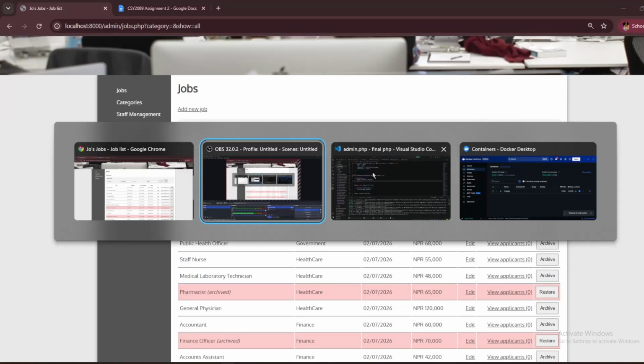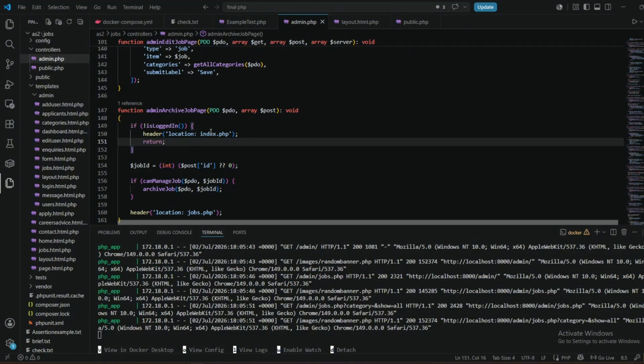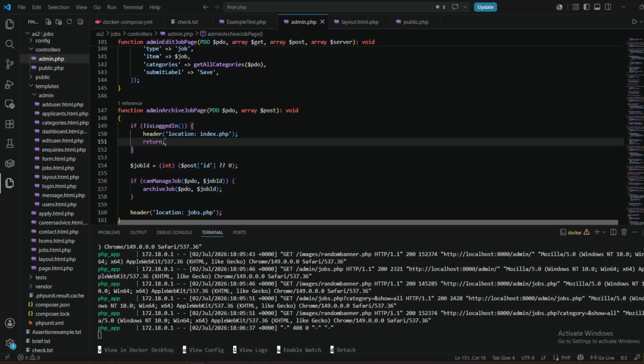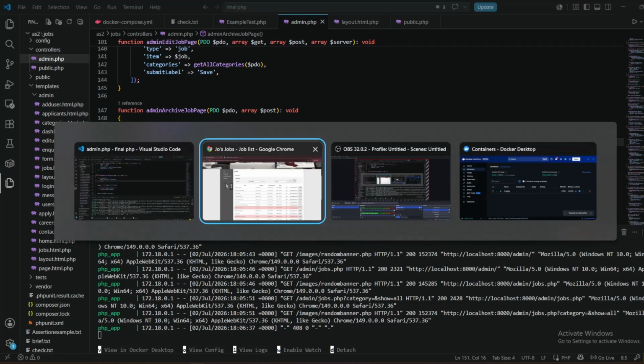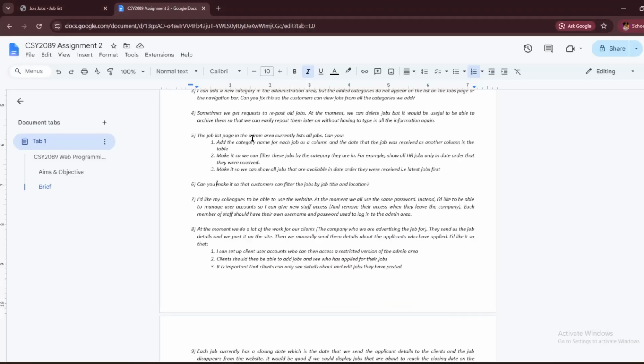This is possible because of a controller that we made right here inside the admin.php page. The controller updates an archive flag rather than deleting the database record, through which the admin can make the jobs able to reappear. Talking about the next functionality, it is the job list page in the admin area currently lists all